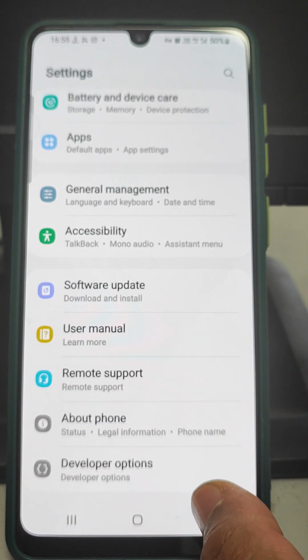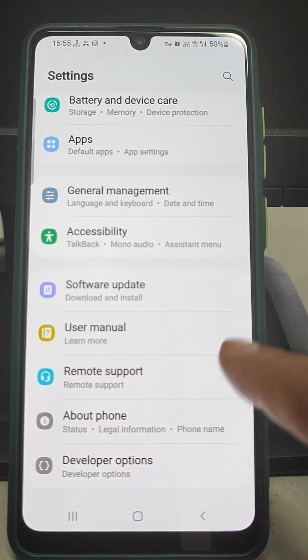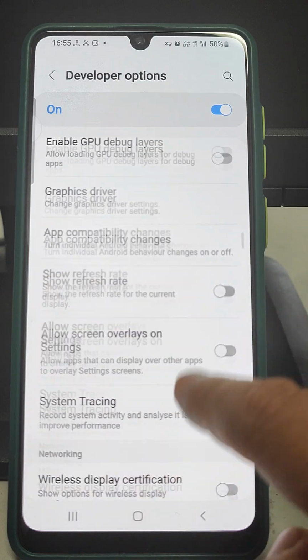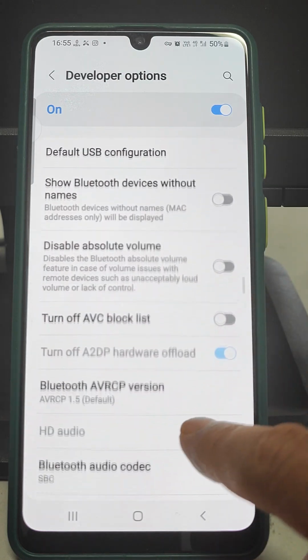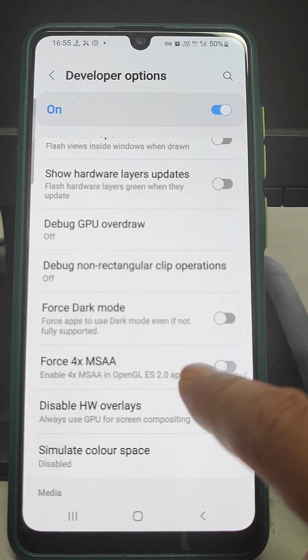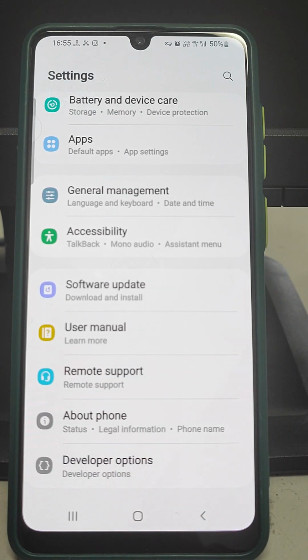If you have done this setting, go back, and then you need to go into developer option only. Just scroll down, and you need to do one more setting, that is, scroll down to Force 4x MSAA. You can make it on. So after doing these two settings,